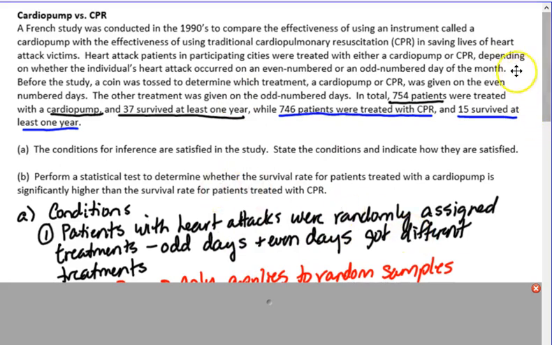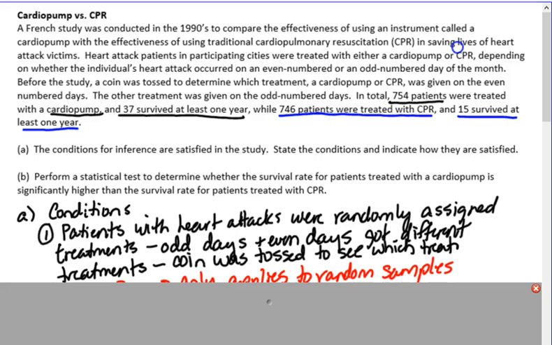And I probably should even say a coin was tossed to see which treatment was on even days. So in this case, we have an experiment where patients are randomly assigned to two treatments, either the cardiopump or